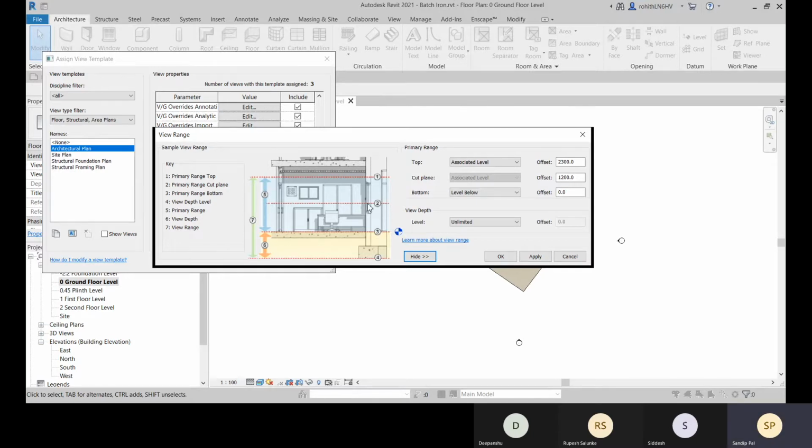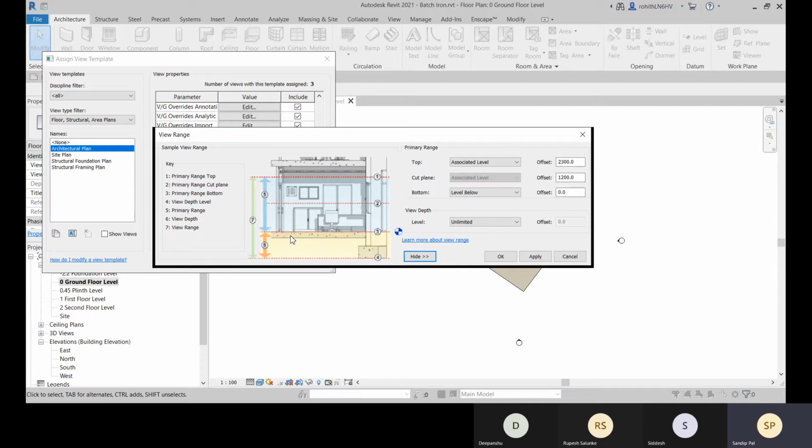So from this cut plane we generally look to the downside, and accordingly we get the plan, right? So how much it will be included is decided by this cut plane, okay? And till the bottom. And we also can see what is below the bottom plane, below the primary range.